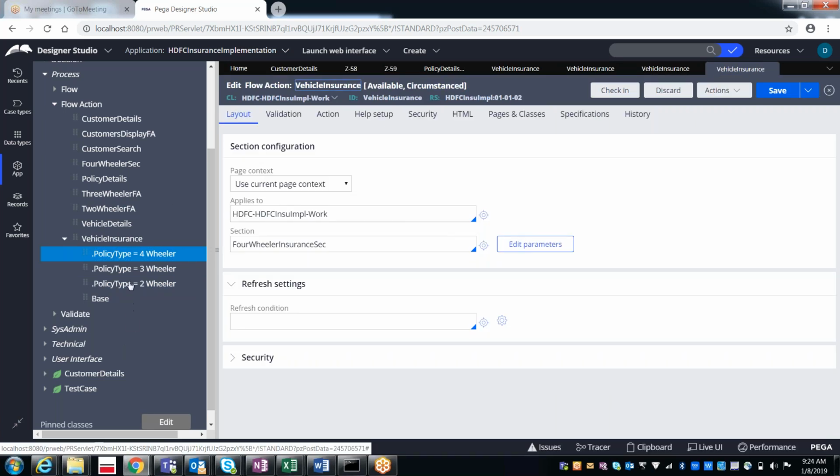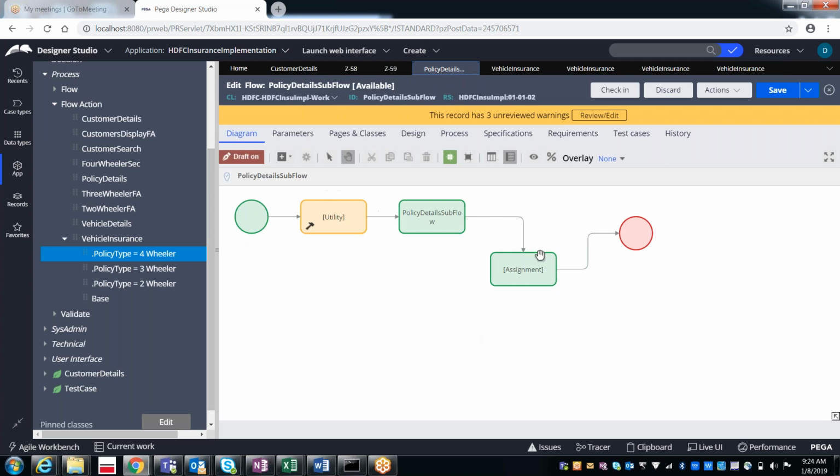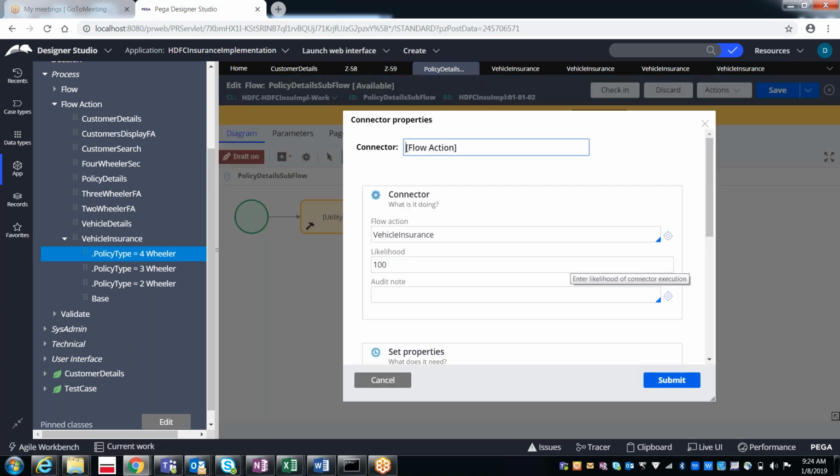So if you apply circumstancing, the main feature of Pega is that when it reaches this flow action in the flow, it will refer to the circumstancing property.